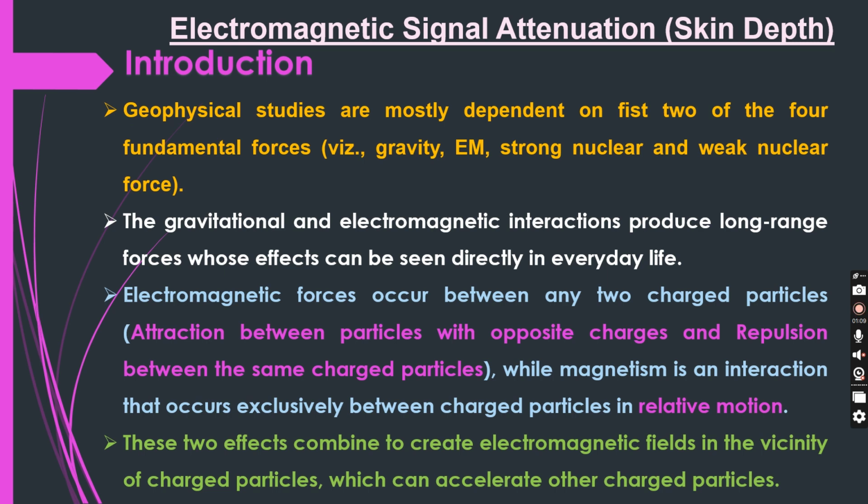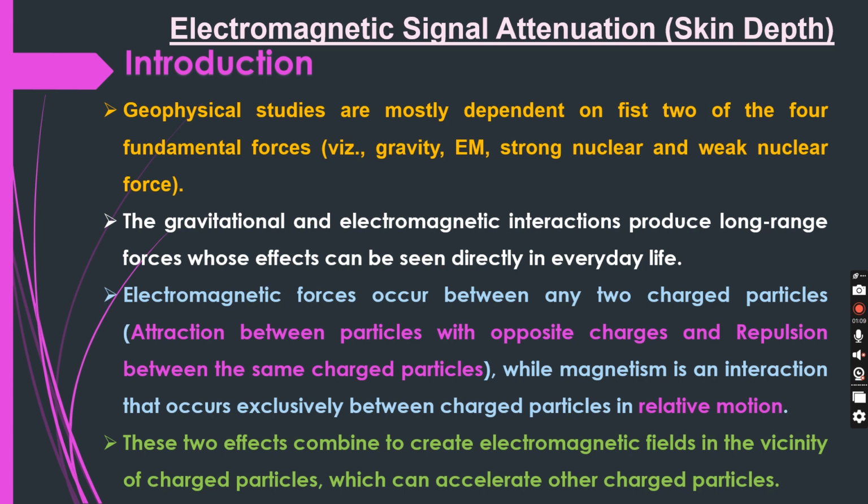Electrical forces are attraction between particles with opposite charges and repulsion between same charge particles, while magnetism is an interaction that occurs exclusively between charged particles in relative motion. These two effects combine to create electromagnetic fields in the vicinity of charged particles, which can accelerate other charged particles. So with this background, we shall start our